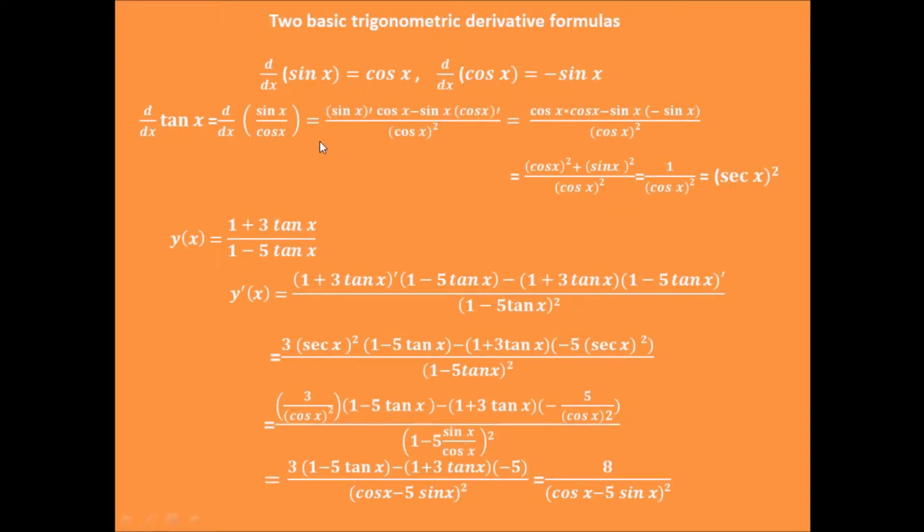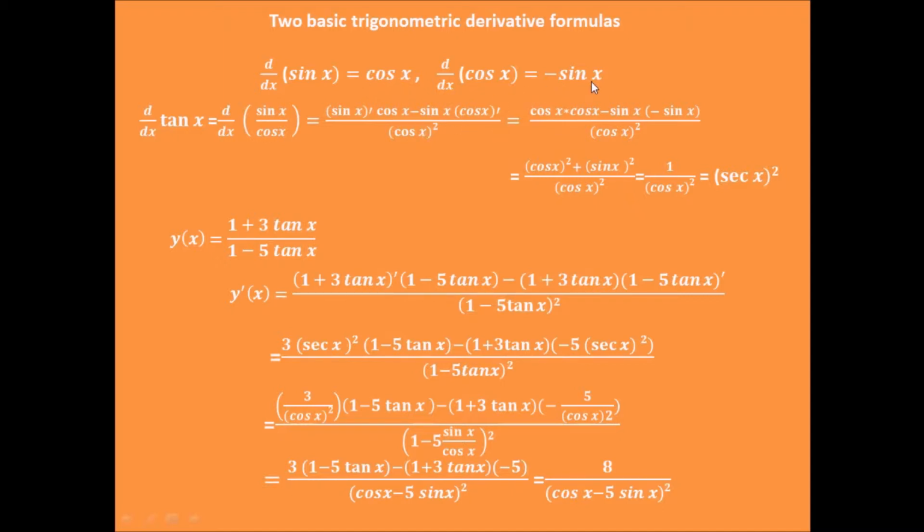The other derivative formulas can be derived from these two basic formulas, such as the tangent x derivative can be written as sin x divided by cosine x derivative. So it can be written as sin x derivative times cosine x minus sin x times cosine x derivative divided by cosine x squared. Now we just replace sin x derivative with cosine x, and the cosine x derivative with